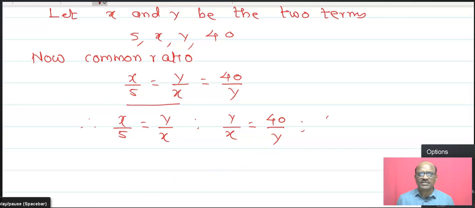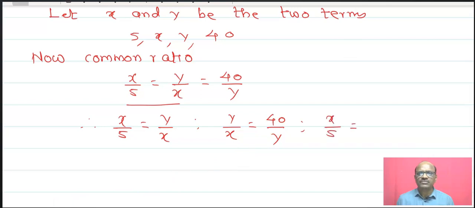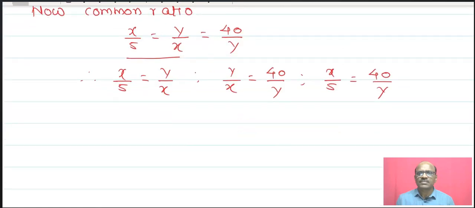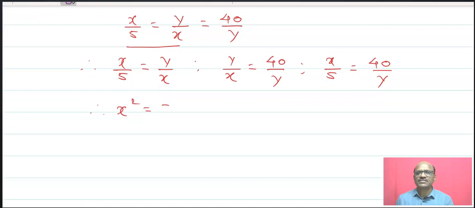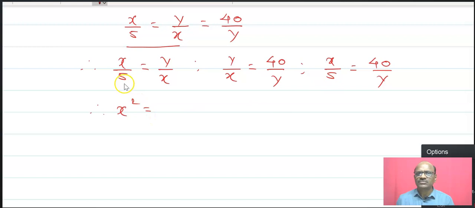Therefore, x square is equals to, and the last is first and last, that is the first two, second, third, and first and last here. We will take these two ratios. First of all, x upon 5 is equals to y upon x. Now the cross multiplication, x square is equals to 5y,